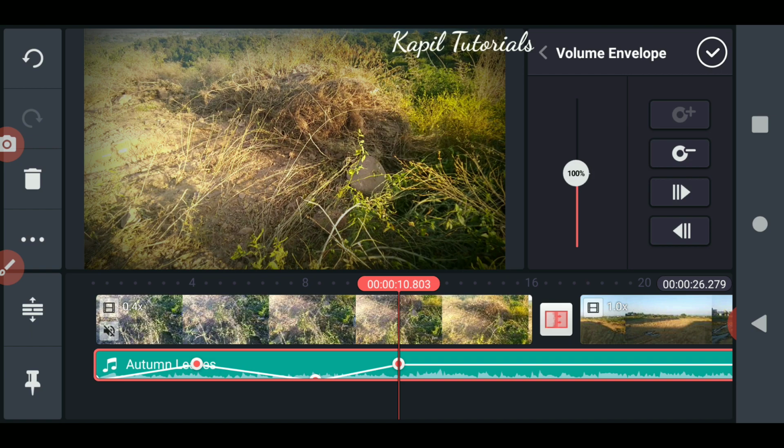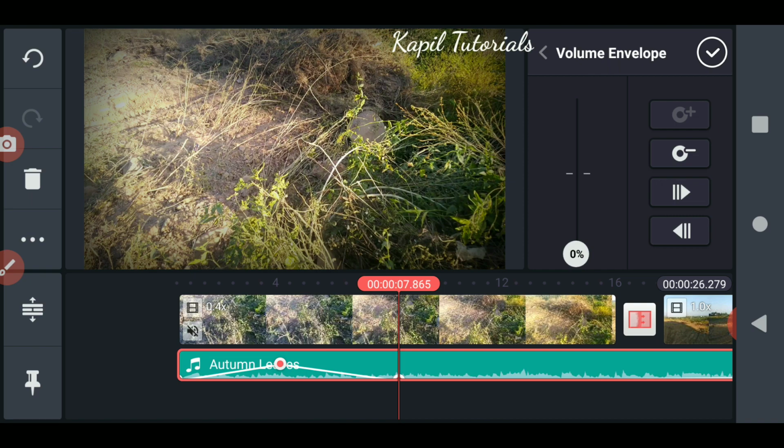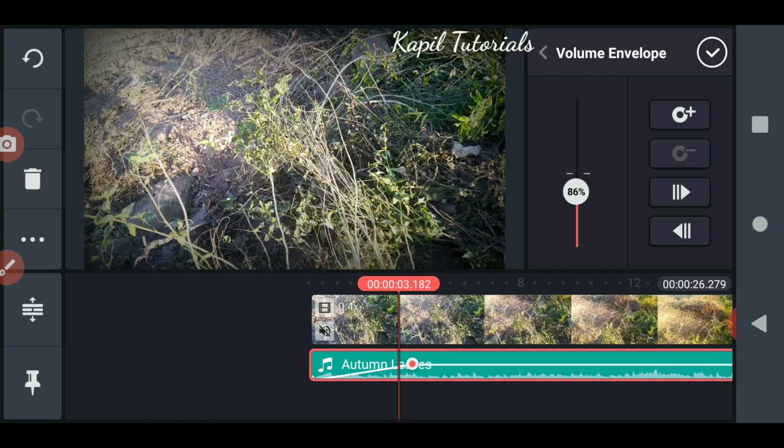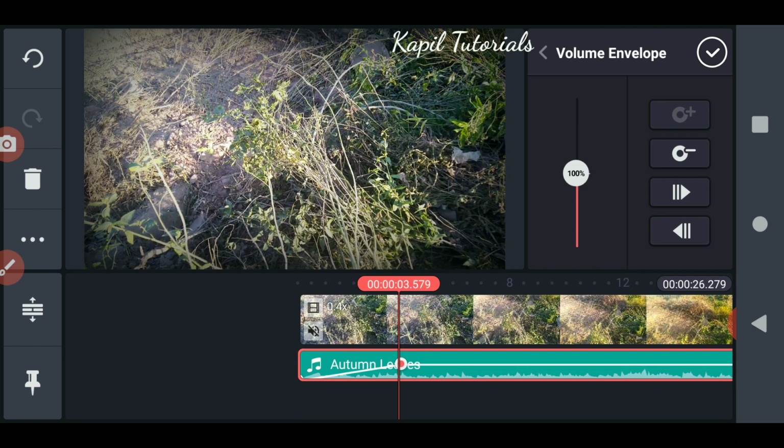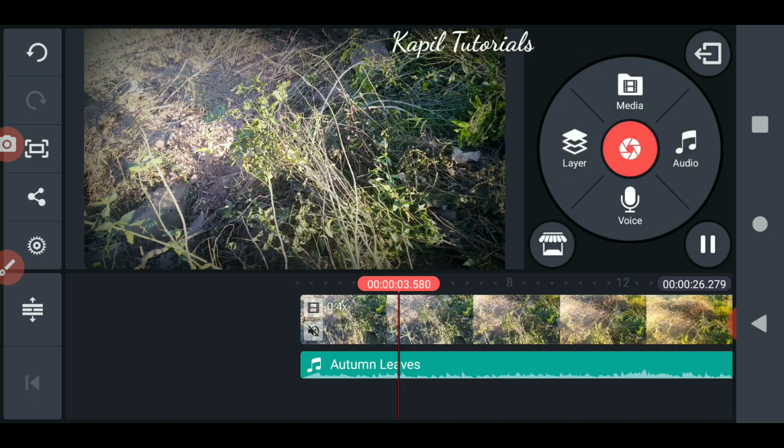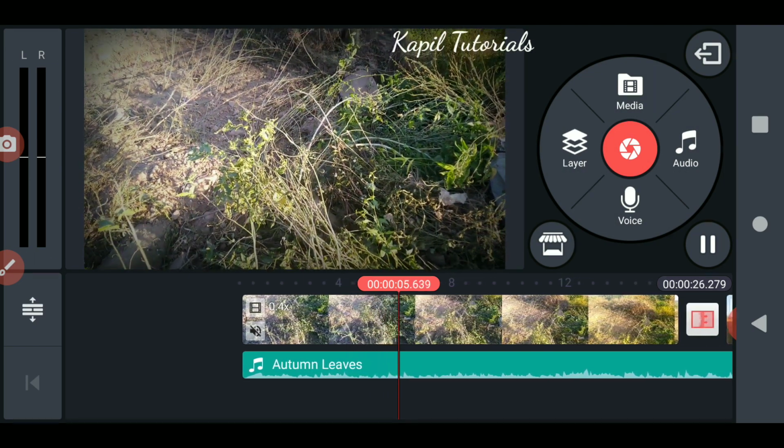Now the other two options. Suppose I feel this dot I have inserted by mistake, I can click on this minus and it will be deleted. And these two options, backward, will directly go to that particular point where I have increased or decreased the sound. I can again click minus. So wherever I put my control points, I can delete them.